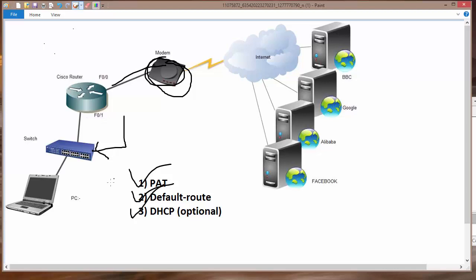If you're not going to configure DHCP, you need to assign a manual IP address, gateway and DNS on each computer or each device which is connected inside the LAN. So hopefully now you know how to configure this, and this is all about it.